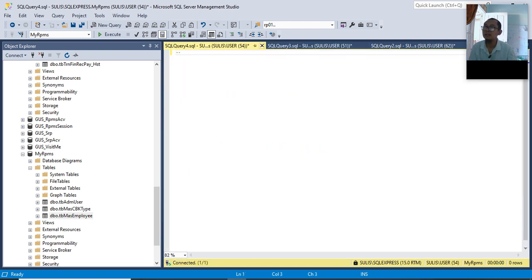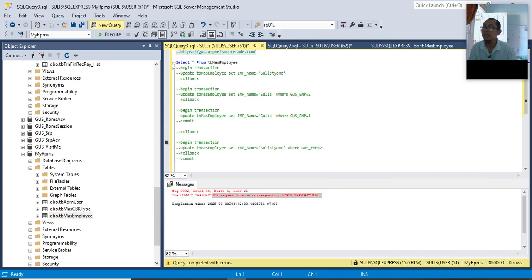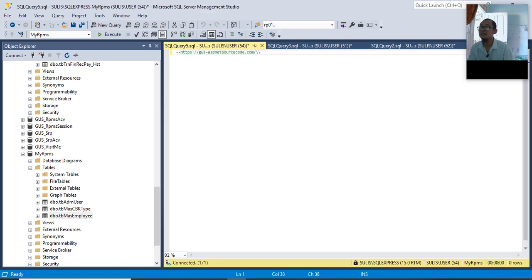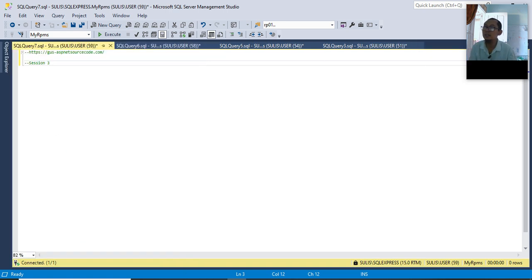When I open a new query here, then this is session 2. When I create another window for a new query, this is session 3. Let's see how begin transaction works.